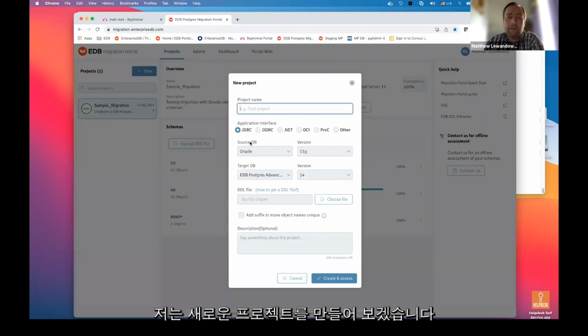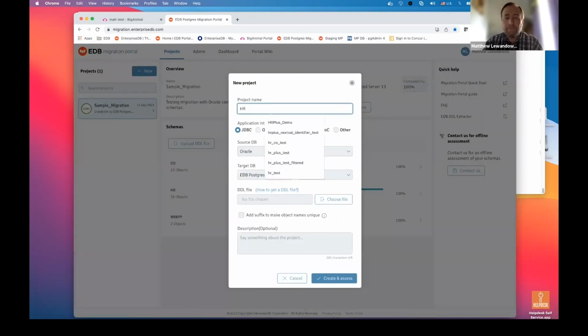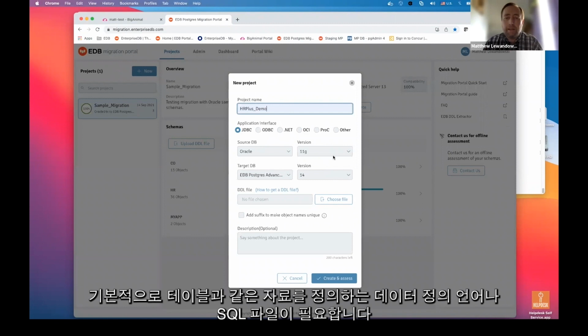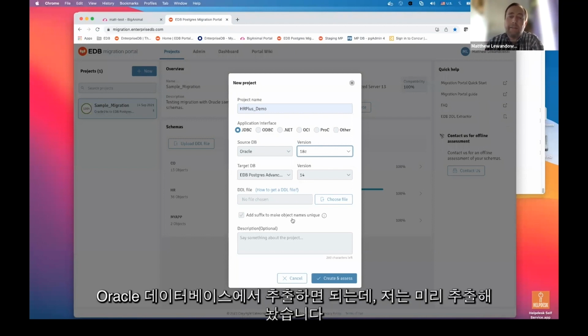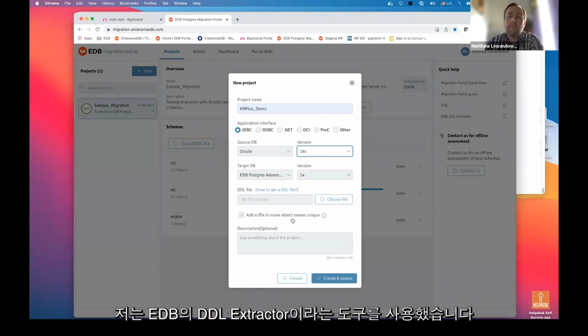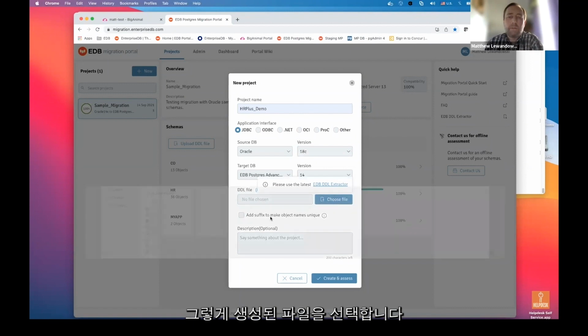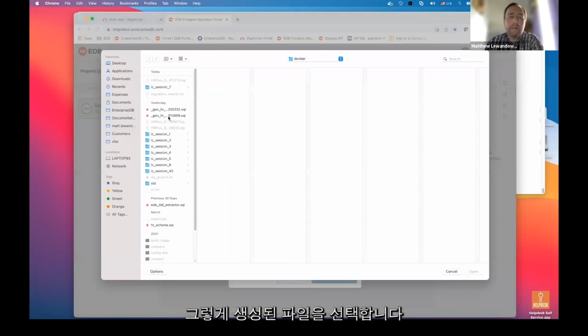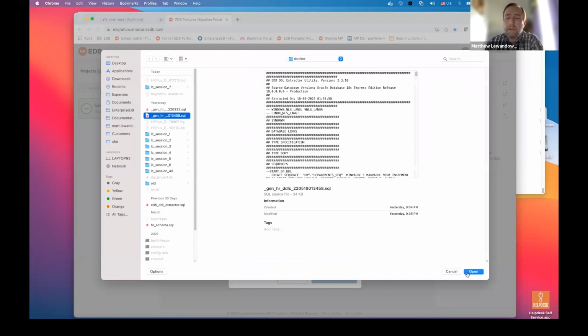It's simple. I'm going to create a new project, and you need to have basically the data definition language, or the SQL file that defines the tables and such. You need to extract that from the Oracle database. I already did that. We have a tool called the EDB DDL extractor. I use that. I'm just going to go ahead and choose the file that I'd already generated for that purpose,